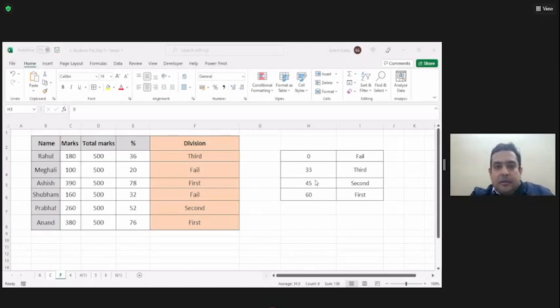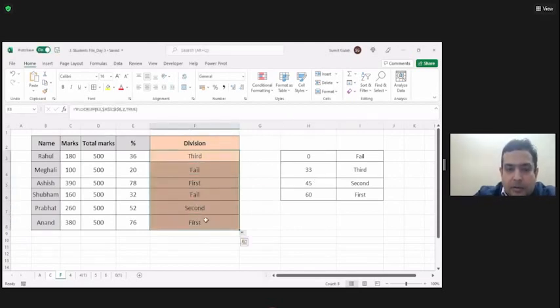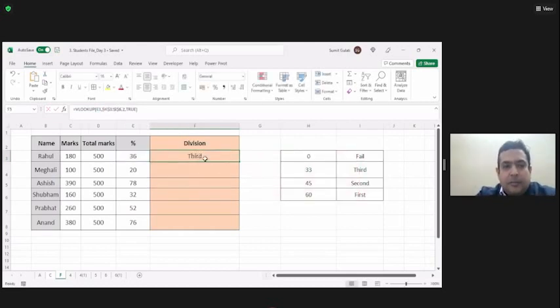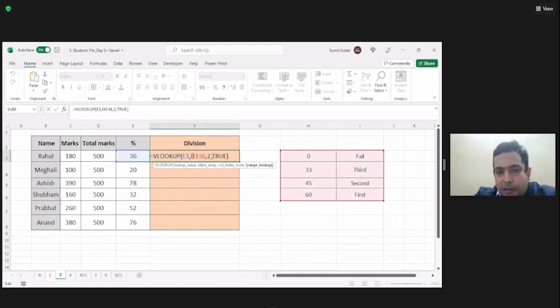I'll come to that. In this, what I'm saying is, this was the formula. You have written the formula something like this, right? And you don't have this. This is what is happening. You have written the formula like this or not? Yes, sir. And you have to remove this. This is the formula you have written. Now you want to freeze H3 to I6. Select this. I'm not saying select everything, you can select even parts of it. Now press the function key and F4 together. See if it's freezing.